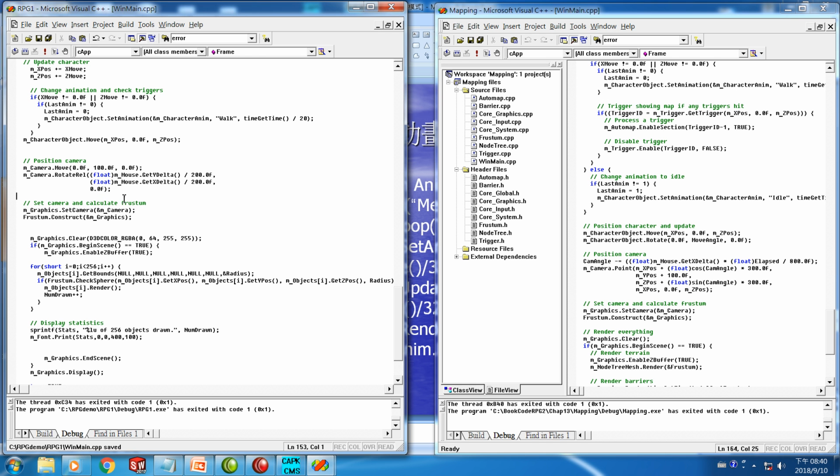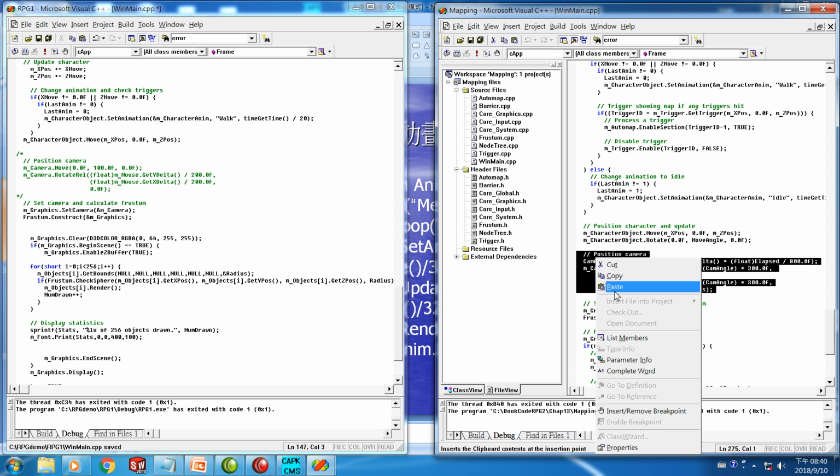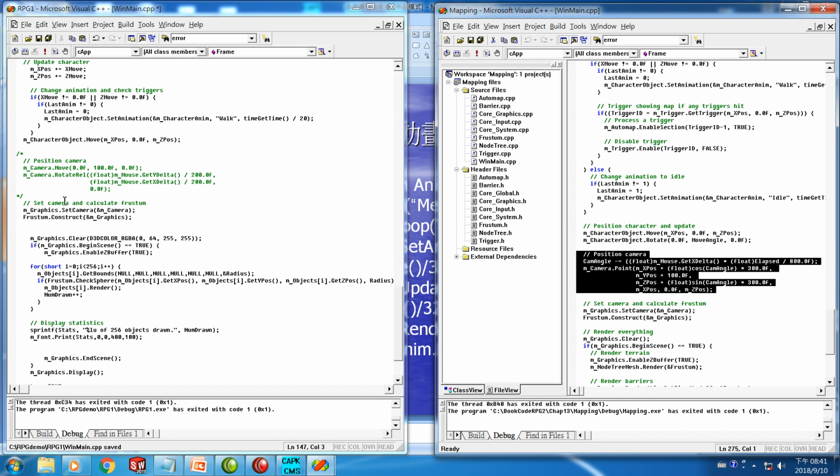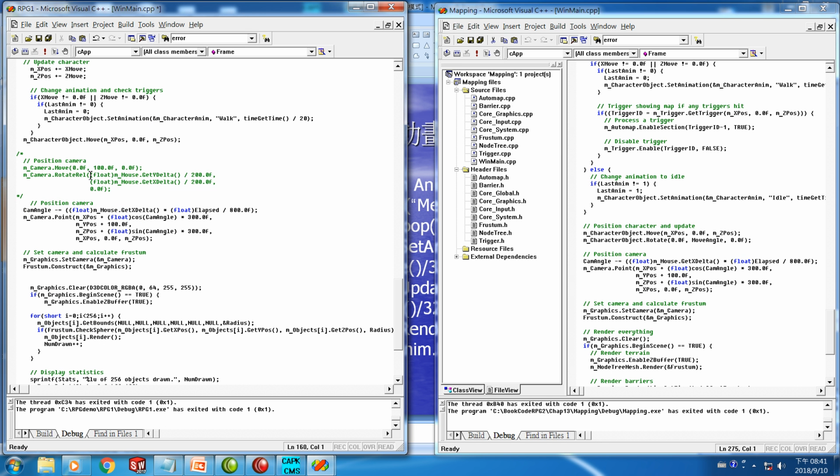So we just remove the definitions of the cameras. By these two lines, the instructions will become green. And then position camera, we copy everything and put it before set camera,